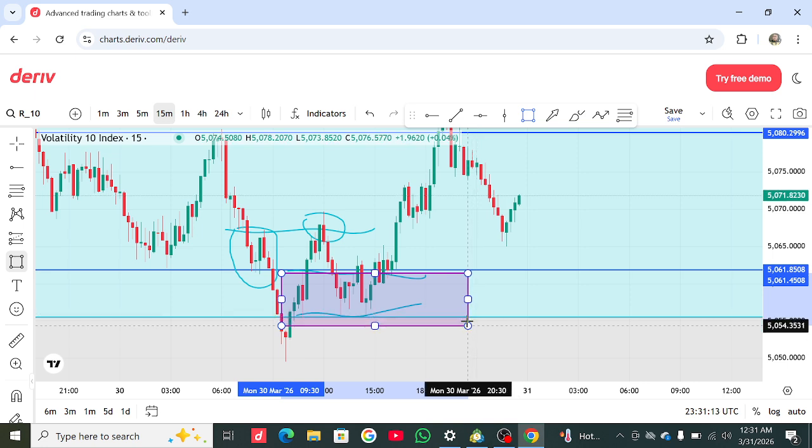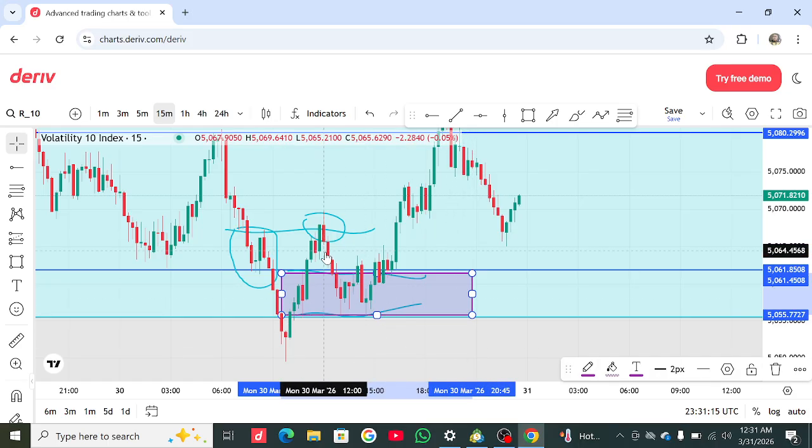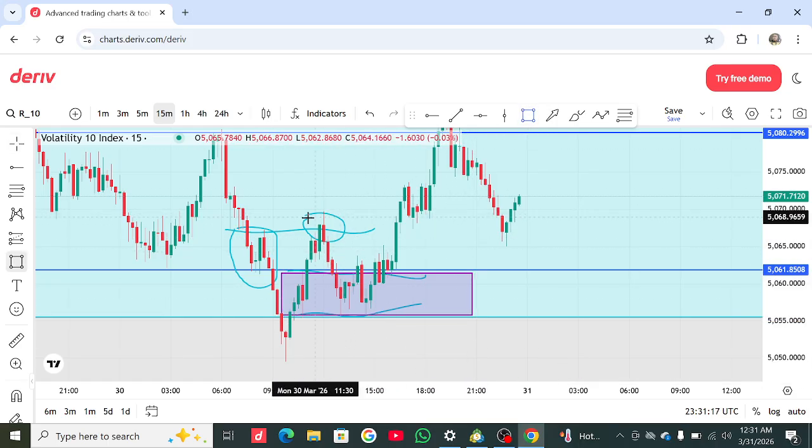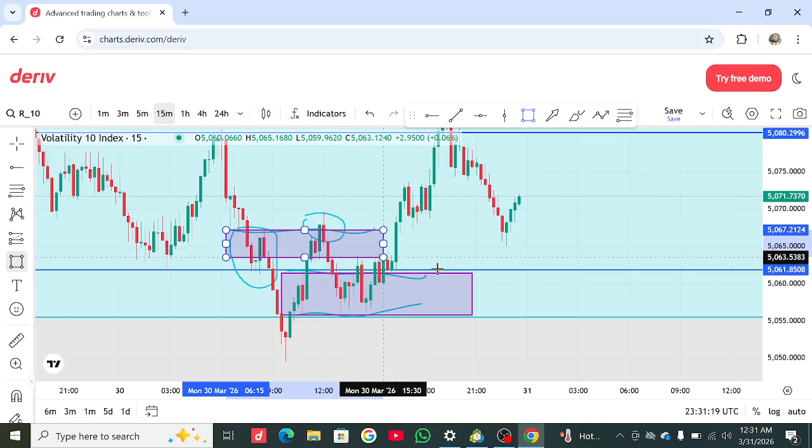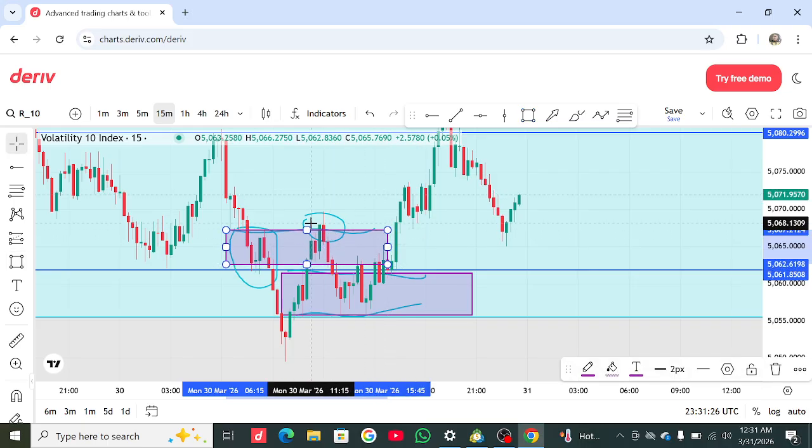All right, we'll use this candlestick as our order block. This is where we identify our change in the state of delivery. This candlestick here is what we use as our change in the state of delivery. And you can see how the candlestick closes above it. So we'll put our